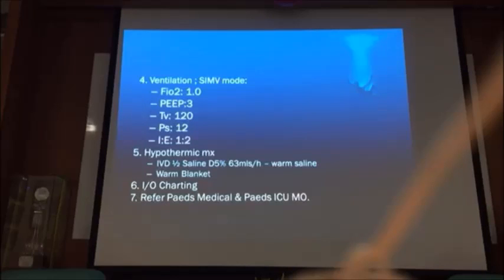Okay, so the main thing right now we are talking about positive end-expiratory pressure. We want to open up the alveoli. Agree? So we want to do that. So increase speed. Actually, we don't worry too much because by increasing speed, we not only open the alveoli, we actually push out the fluid. Is that clear? So we want to push out the fluid as well, and we want to maintain a longer exchange time.